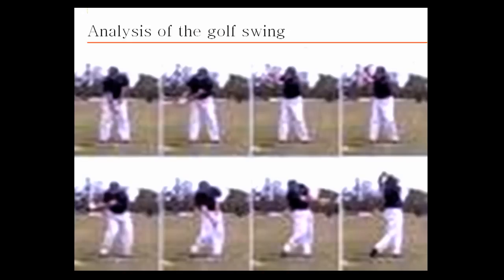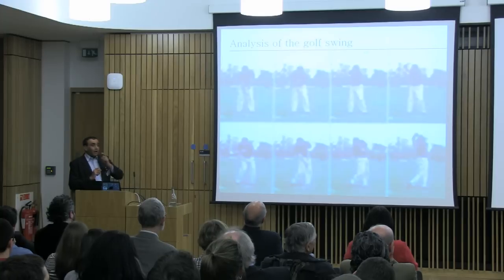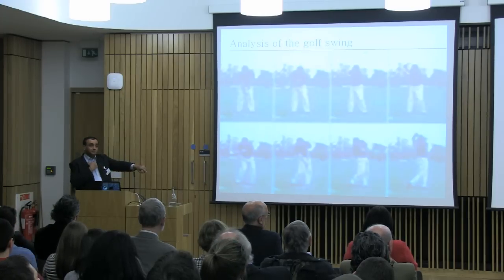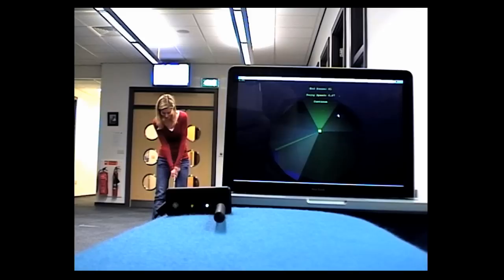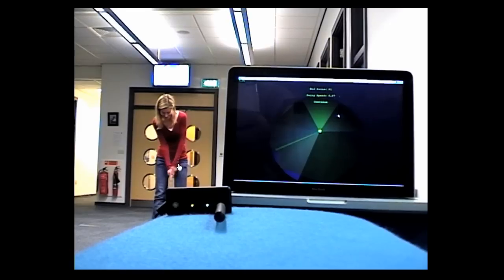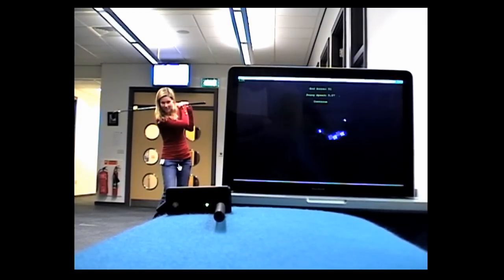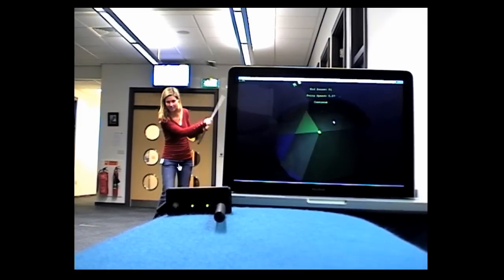Right, I mentioned the golf swing, and the golf swing is an interesting example because the biophysics of the golf swing is well understood. There have been a number of physicists who seem to have been good golfers as well. And you can treat the golf swing as a double pendulum, where one arm of the pendulum is your two hands here, and the other is a golf club. And it rotates about the axis in the middle of the shoulder here. And we were able to, for instance, put a device on the golf club, and you can then analyze the plane at which the golf club is swinging and demonstrate this in real time to people.